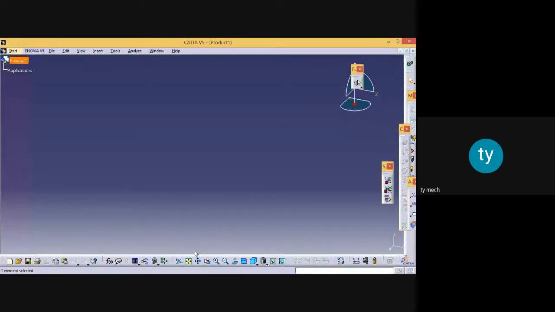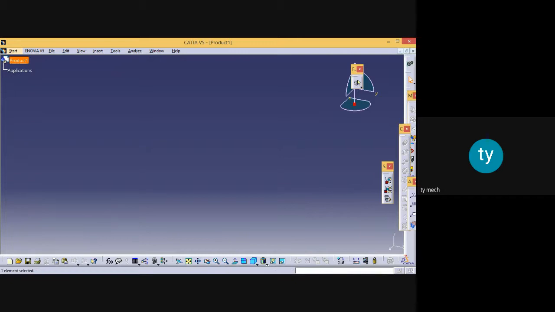Introduction with CATIA software. So in our practical session, we are going to learn two-dimensional modeling in CATIA software. Also part modeling in CATIA software. And after that, we will see the example of assembly design in CATIA software.